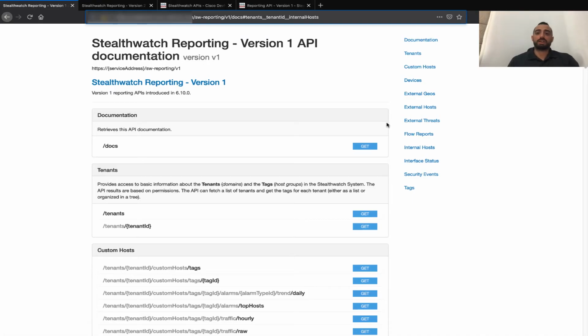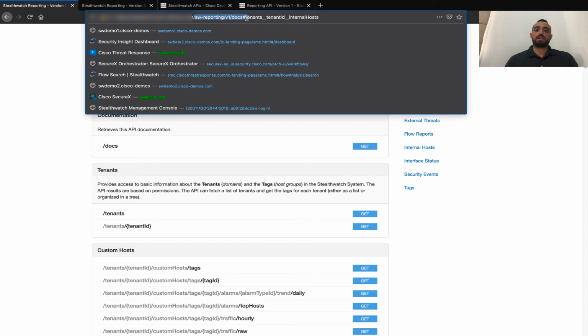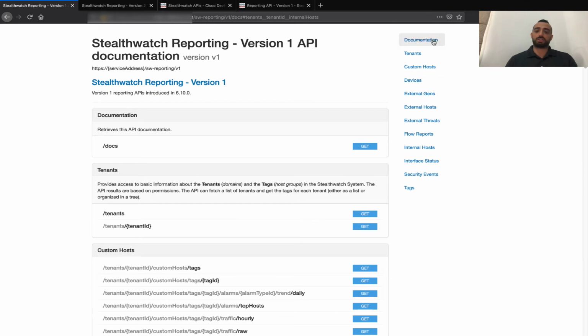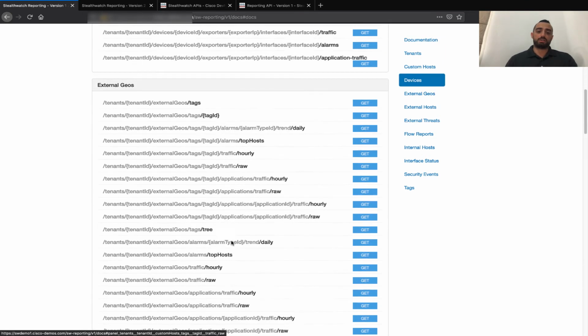So now let us look at where we can actually find a lot of info about how to create some of these API calls. Because the orchestrator depends on API calls, where to look for some API documentation or API call examples. If you go to your Stealthwatch system, and add under any of your system SW reporting v1 docs, then you can start to get all the documentation information that is built into your Stealthwatch system,